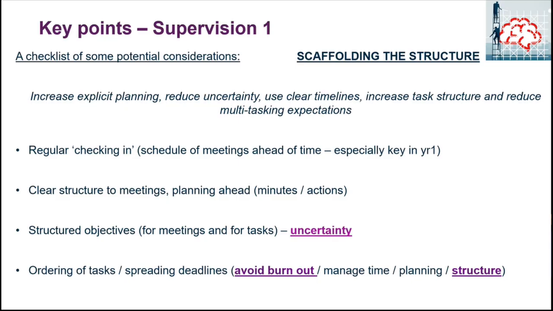Now, that's not to say that neurodivergent students should only focus on the PhD research, but it's about the timelines that we put in place. It's about managing time commitments to different things. And it's about balancing that research part, the professional and personal development at different stages in the PhD, and not feeling that it all has to be done all at once, or in year 1 and year 2 and year 3 and year 4 sometimes.